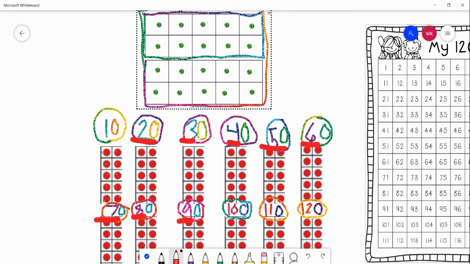9 groups of 10 is 90. 10 groups of 10 is 100. 11 groups of 10 is 110. And 12 groups of 10 is